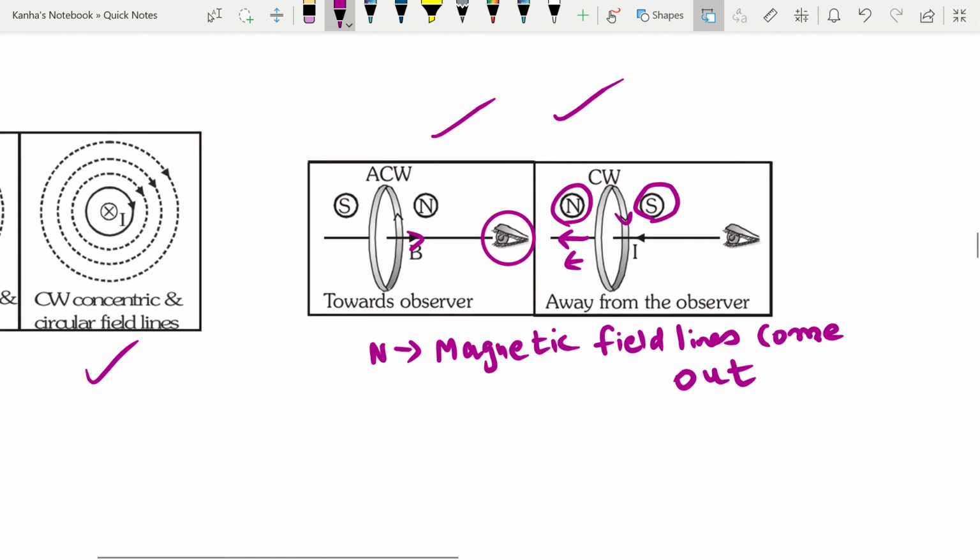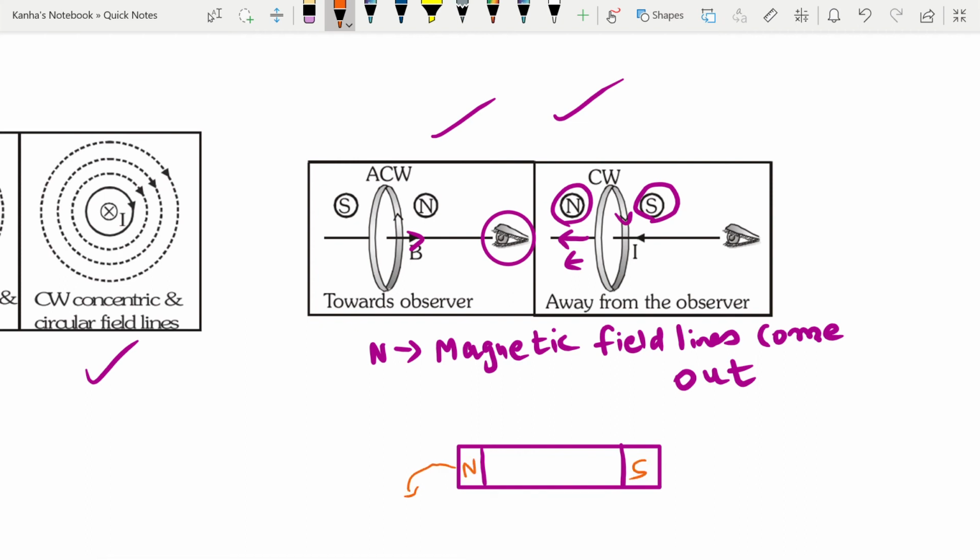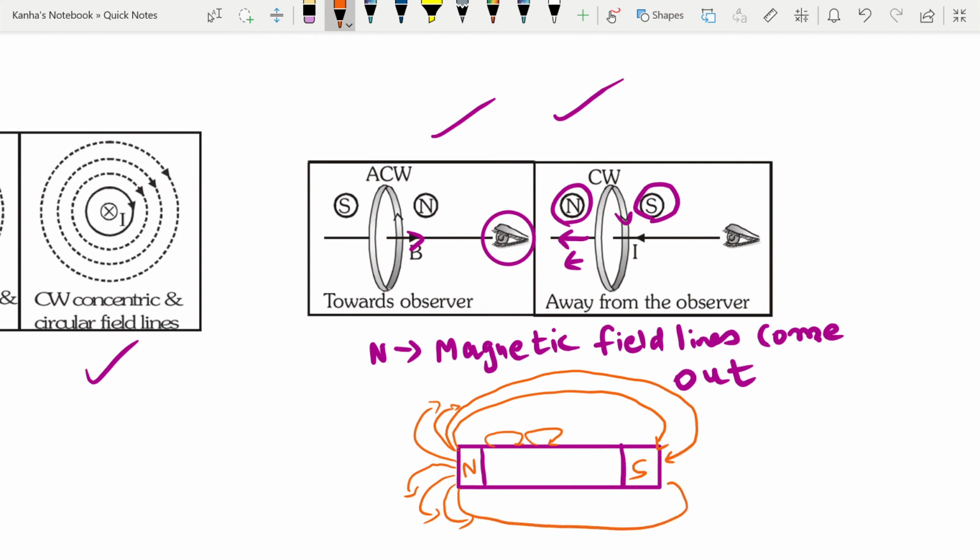To make this analogy from a bar magnet, this is what the field lines of the bar magnet look like. So I'll just draw them for you. So if this is my north pole, this is my south pole. So my field lines will start from the north pole. Actually, there'll be lines here as well, because though there are no monopoles, they start from the north pole but they enter the south pole. Okay. So field lines come out of the north pole and they go into the south pole.